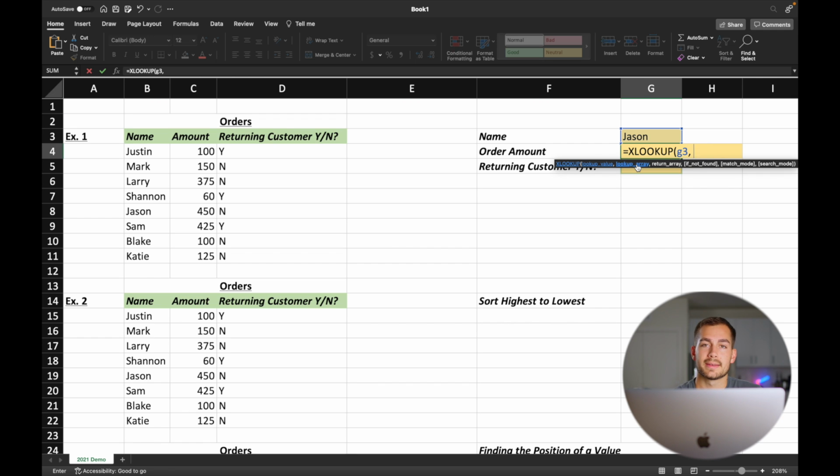So the lookup array is telling Excel where it's going to find the value Jason. So we could either type the range, or it's really easy if you just click and drag. And we'll select all the values underneath the name column here. Press comma again, spacebar. And this is now looking for the return array. And so for the order amount, we want it to select values from this column. So I'll click and drag down on C,